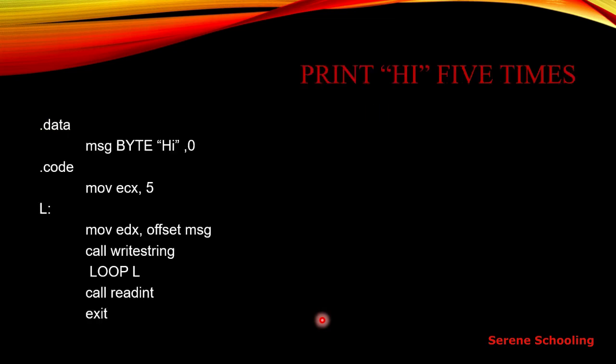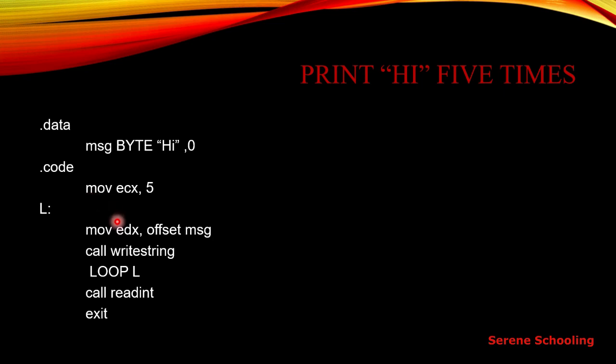And lastly, we are taking another simple example, that we have to print high 5 times. It means I can see from here that I'm going to move the value 5 into ECX. Why? Because I have to run my loop 5 times. This is my string high with the variable name message, and then I'm moving 5 into the ECX, and inside my L label, the label name can be any name, but it must finish with the colon. And the value of the looping index must be set before this label, not inside the label. Just before, outside the label.